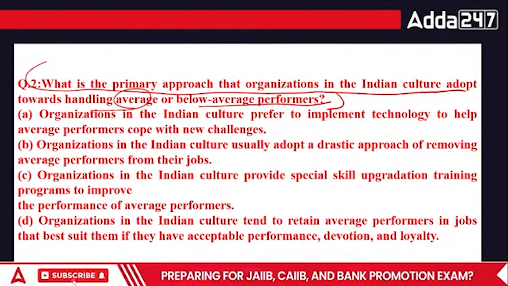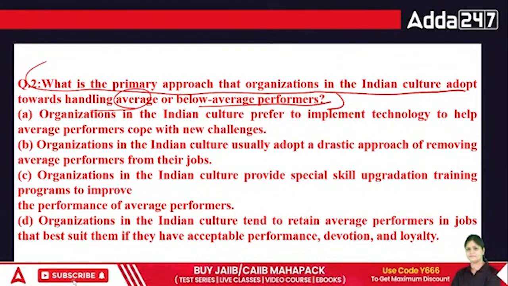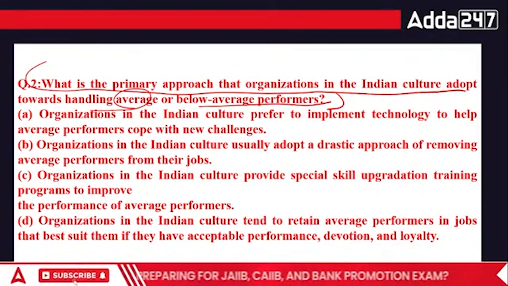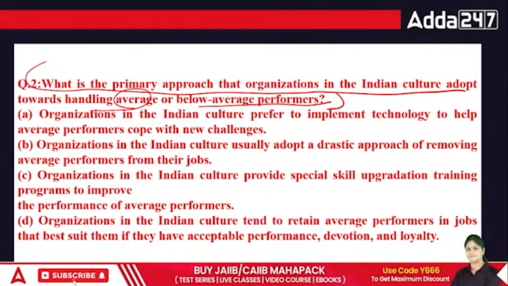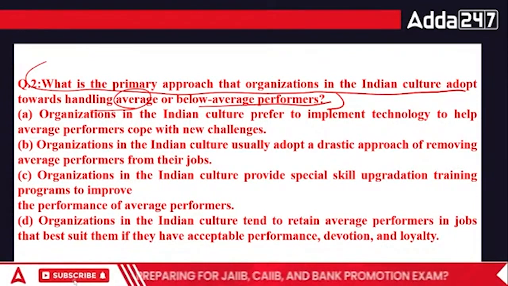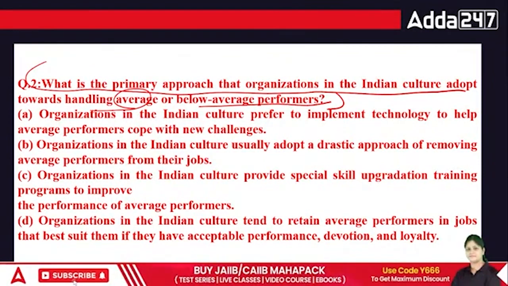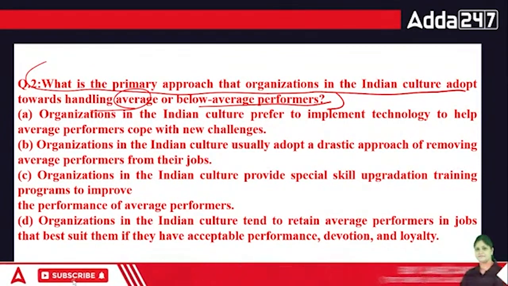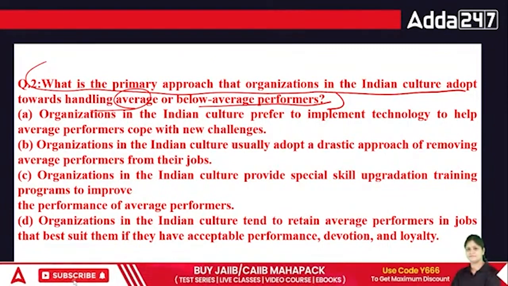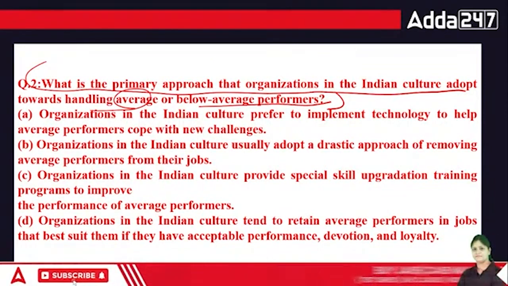B option है organization in the Indian culture usually adopt a drastic approach of removing average performer from their job. सी क्या है, ऑर्गेनाइजेशन इन दी इंडियन कल्चर प्रोवाइड स्पेशल स्किल अपग्रेडेशन ट्रेनिंग प्रोग्राम टू इम्प्रूव द परफॉर्मेंस ऑफ एवरेज परफॉर्मर। और डी है यहाँ पे, ऑर्गेनाइजेशन इन द इंडियन कल्चर टेंड टू रिटेन एवरेज परफॉर्मर इन जॉब दैट बेस्ट सूट देम इफ दे हैव एक्सेप्टेबल परफॉर्मेंस डिवोशन एंड लॉयल्टी।